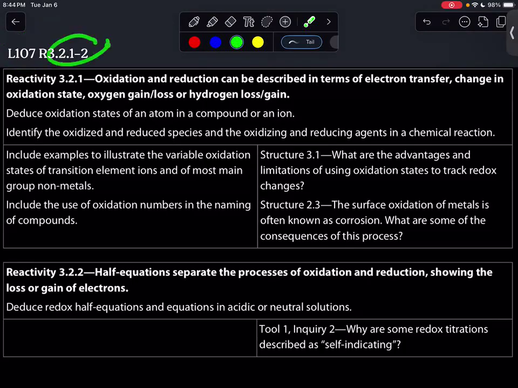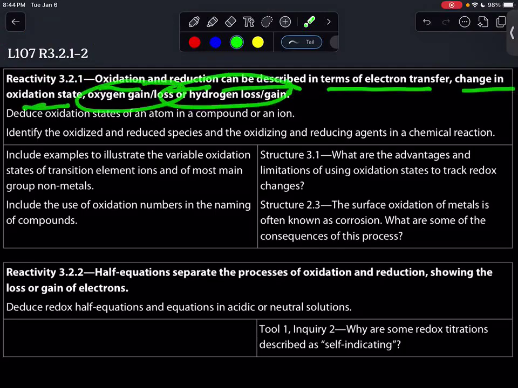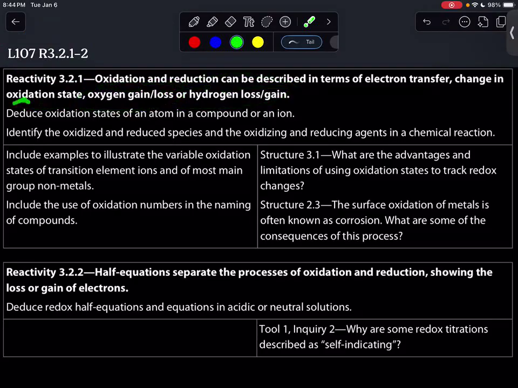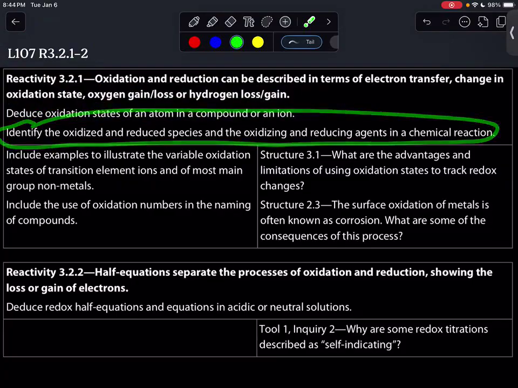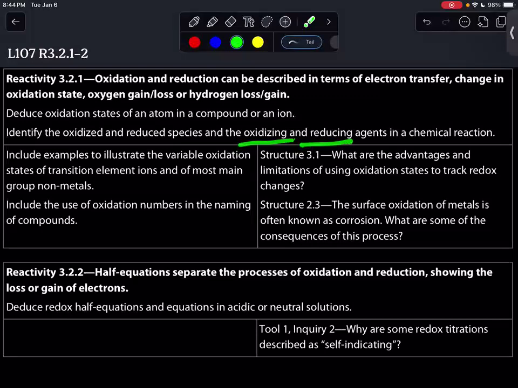Today we're doing reactivity 3.2.1 and 2. In the first section, we're going to talk about oxidation and reduction, which is described in terms of electron transfer, change in oxidation state, oxygen gain or loss, or hydrogen gain or loss. Then we're going to deduce oxidation states of atoms in a compound or ion, which we have done before, and we will identify the oxidized and reduced species in a chemical reaction, as well as the oxidizing and reducing agents